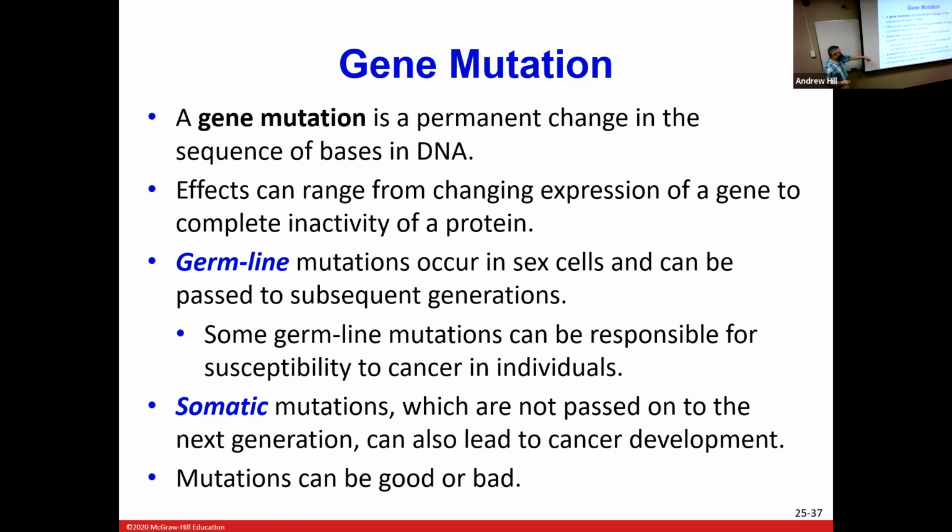So we can talk about that more in a second as we get to, we'll talk about cancer later. Now, there's other possibilities of somatic mutations. The term soma just means body. So somatic mutations are in your body cells, essentially all the cells in your body that are not germline are somatic cells. So if you have a mutation in a somatic cell, these cannot be passed on to